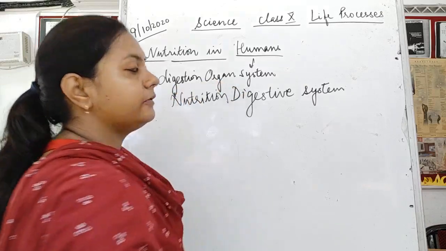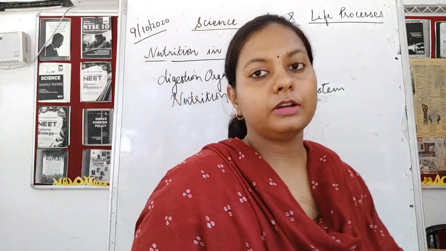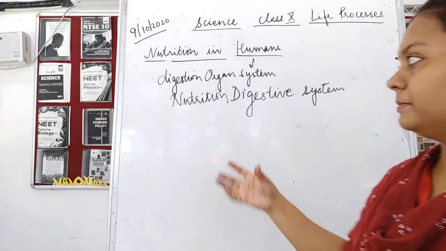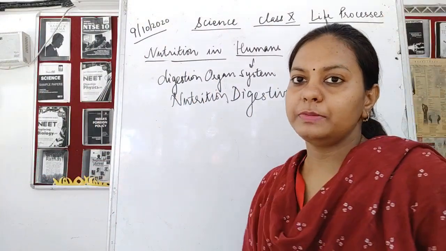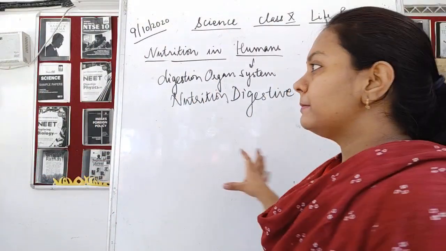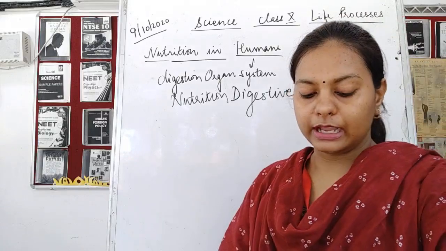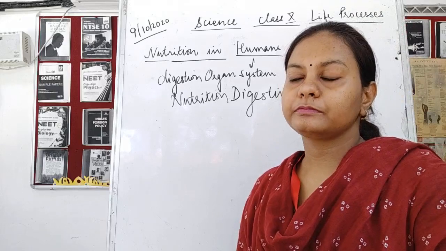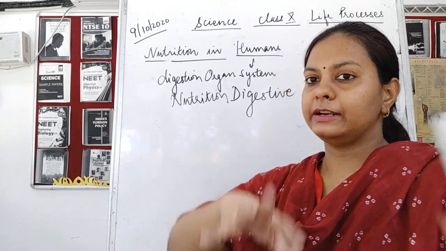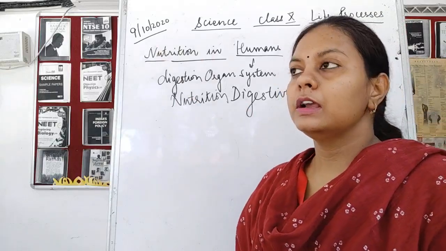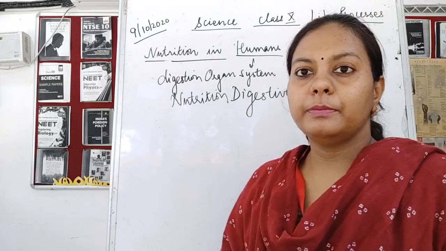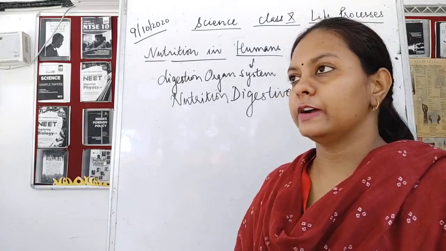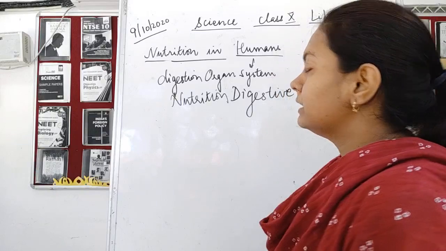Here we are taking in food. Food is a complex structure. Then it is broken down into smaller pieces. After breaking down into smaller pieces, it is absorbed by the body. And once it is absorbed, it is assimilated and distributed to the complete body organs, body parts. Each and every part receives energy and starts functioning. Okay, so this is what the digestive system is about.